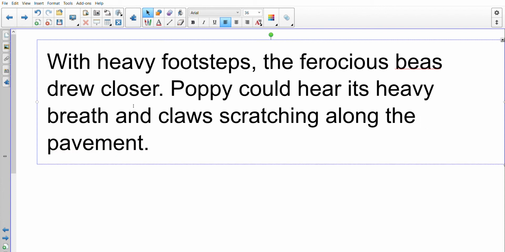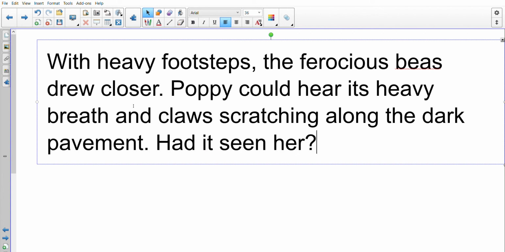Now, can we put in a word to describe the pavement there? The dark pavement. And then let's end with a rhetorical question, shall we? Had it seen her? Okay, so with heavy footsteps, the ferocious beast, oops, that's a T missing there, that's why we